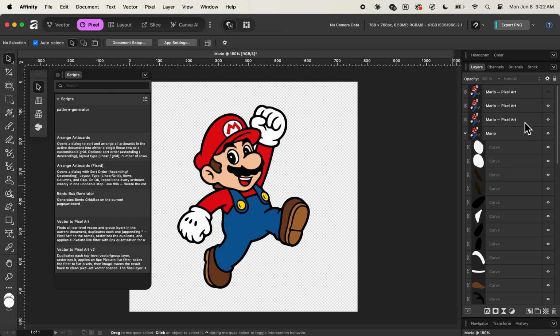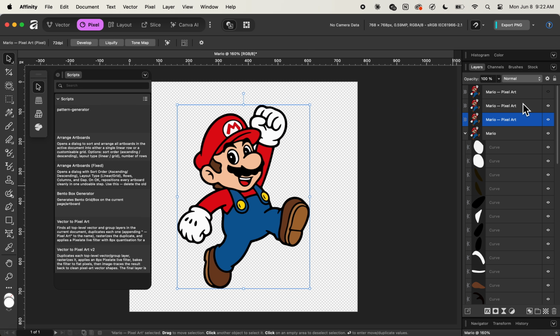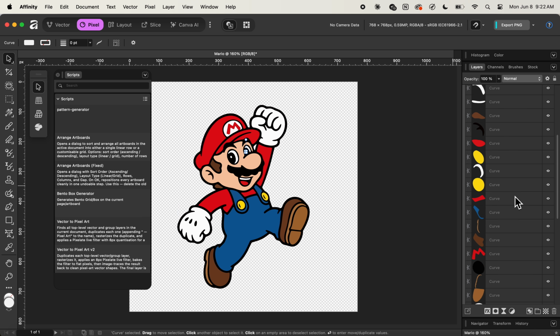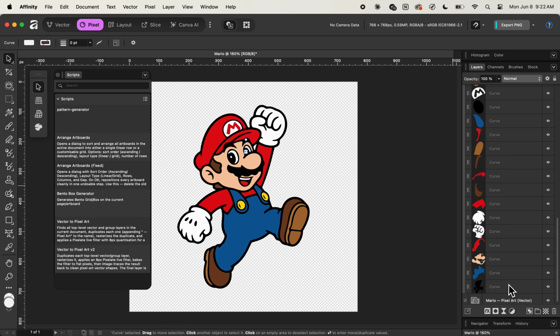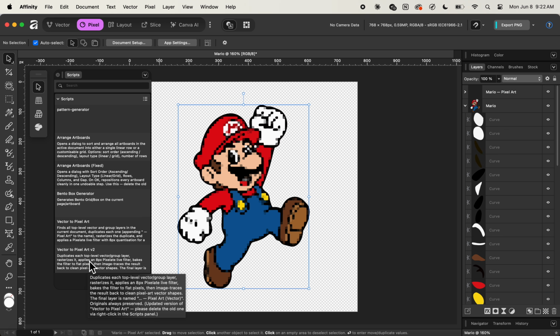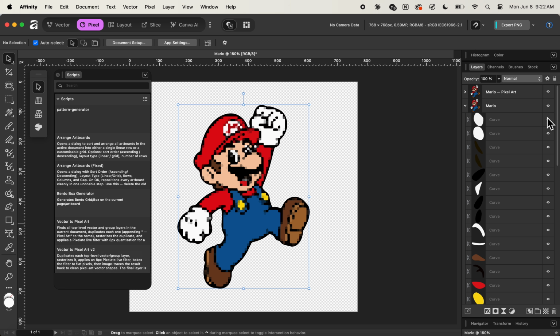Now let me go ahead and delete all the pixel art rasterized layers that it has created. And like before, let us simply select our vector elements from the Mario group layer by holding down the shift key and then clicking on the end vector element like so. And now let us go ahead and simply click on the vector to pixel art version 2, which is now the moment of the truth. Now if we simply click here, you can see that this time it has successfully created our vector art